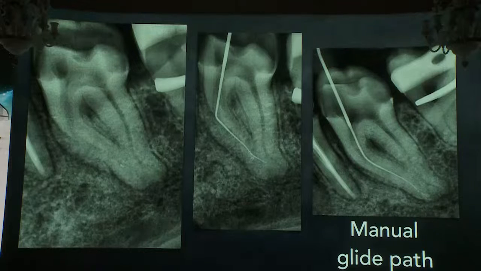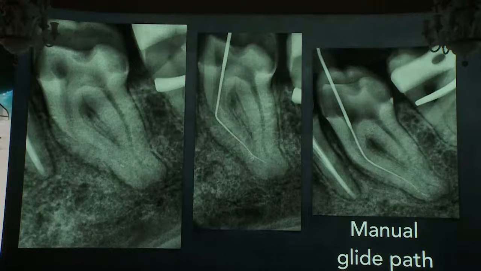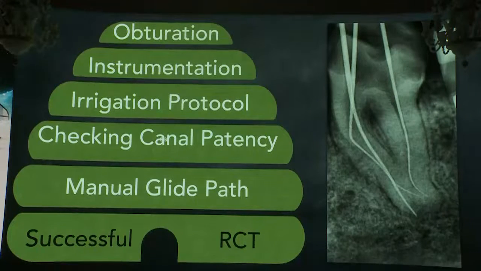What can I do? Okay? Nothing you have to do except to be patient with your patient. Start the bypassing with a wedge winding motion, using small key files, with a glide path, you can reach the apex. Okay? You can use lubrication, you can use EDTA solution, EDTA gel, EDTA cream, something like that. So, after the manual glide path, I reached the apex.